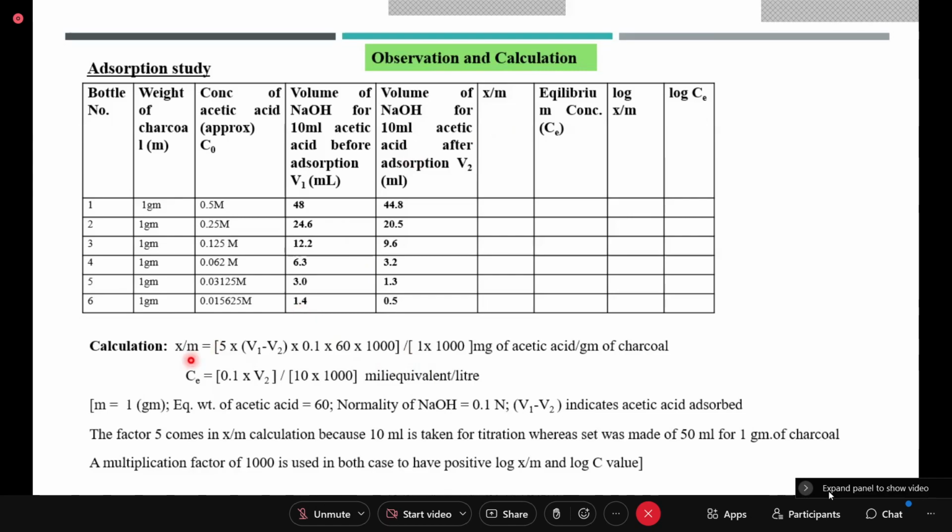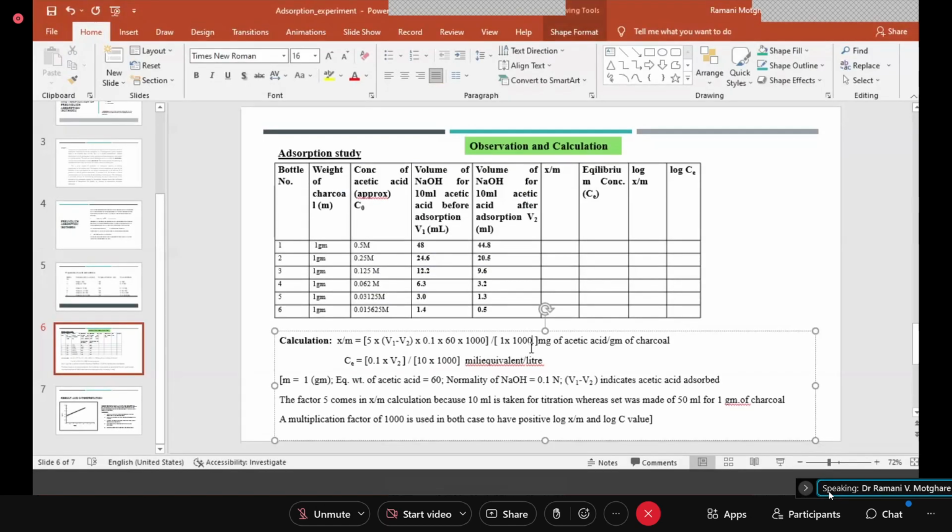This X by M is equal to the quantity of acetic acid adsorbed into 0.1 into 60 into 1000 upon 1 by 1000. So 1 gram. So this 1000 should not be there. Are you getting? If you are writing G of,